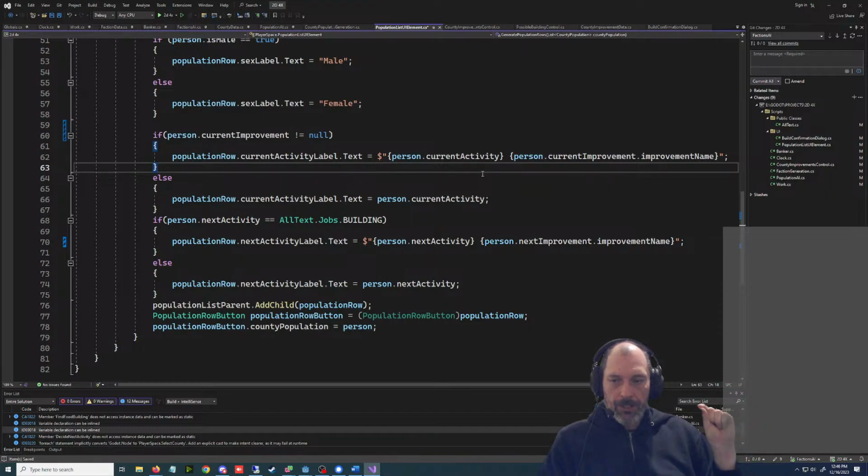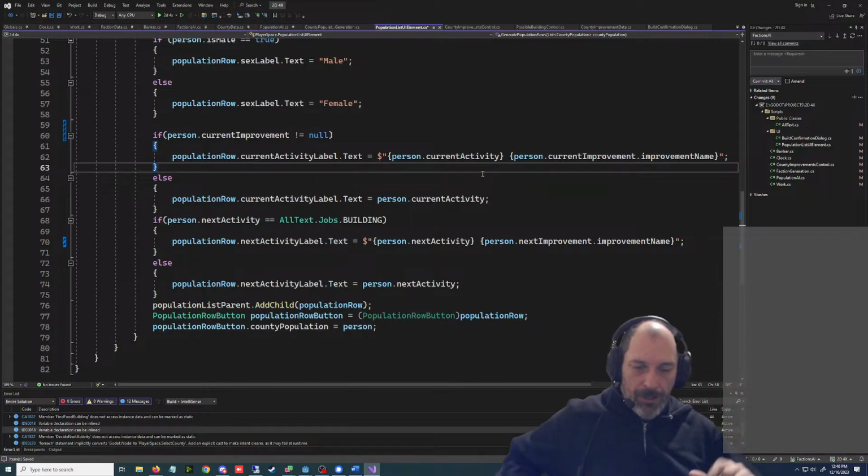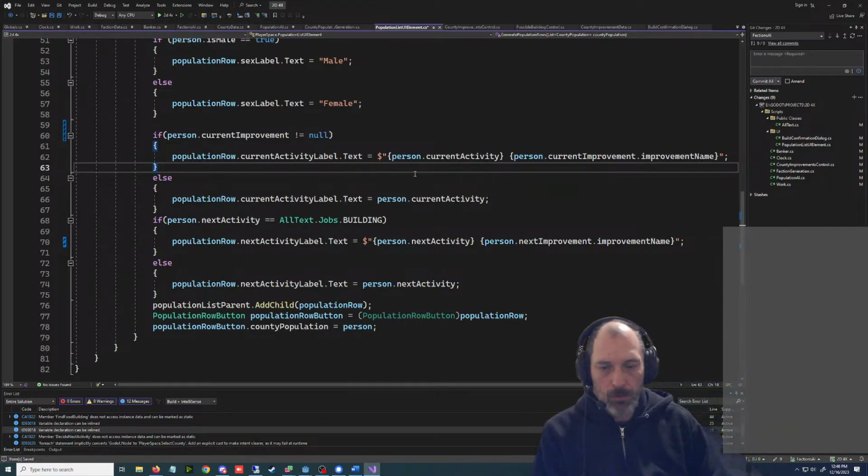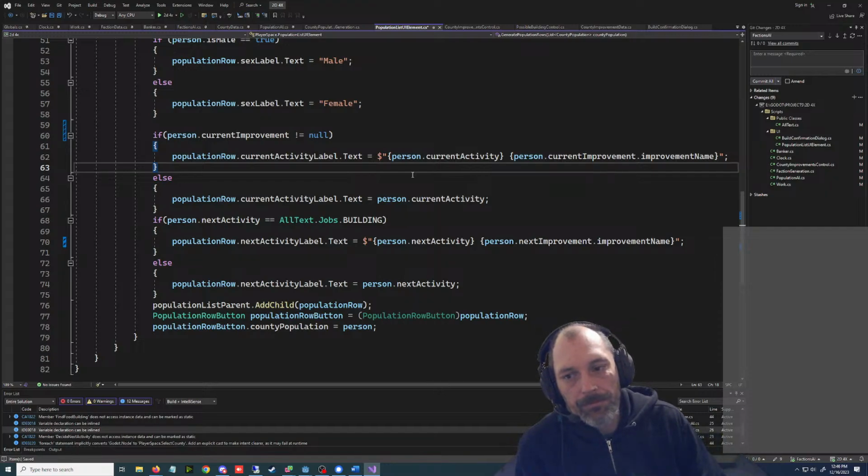So if their current improvement is not equal to null, which means they're doing something, it's going to say their current activity, which in this case, between 5 and midnight, is going to say idle. But we could change that.